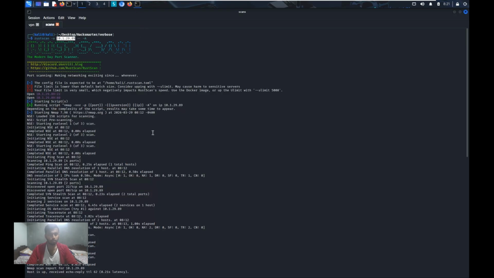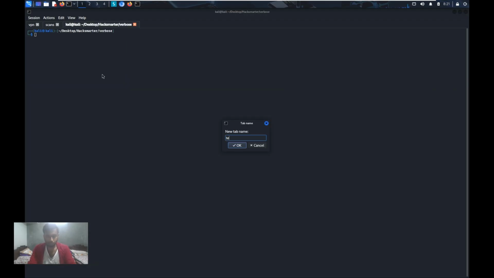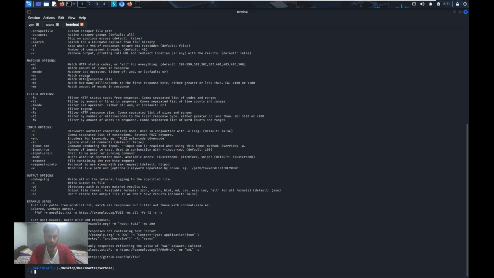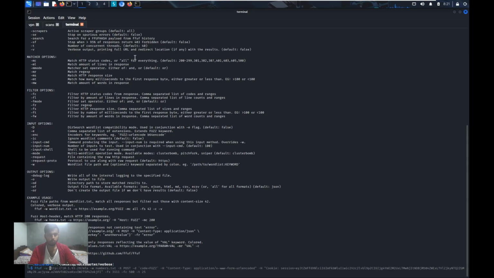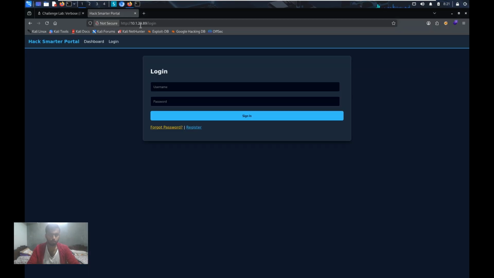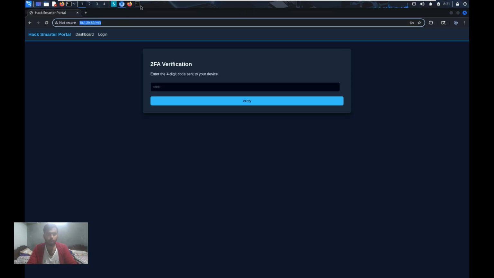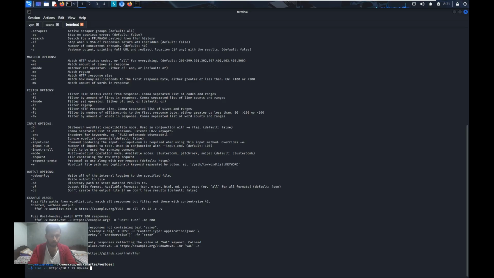I'll just open a new terminal. I'll rename this as terminal, and then ffuf hyphen h. So maybe we'll be doing it as this. I'll just try maybe just using something like this. I'll just copy this IP, paste it over there, and then the syntax for this is we'll specify dash